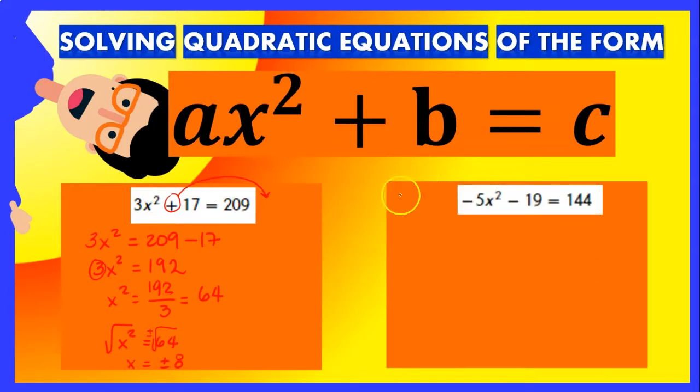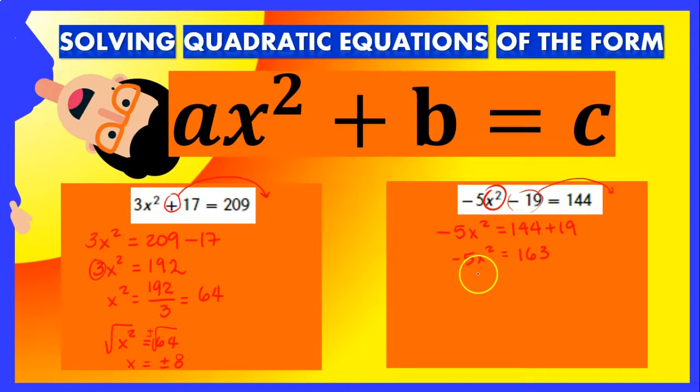The next problem is minus 5x to the power of 2 minus 19 is equal to 144. Now, we do the same thing. We solve for x to the power of 2. So in this case, we have a minus 19. We're going to pass it to the right side, so it's going to be adding. So minus 5x to the power of 2 is going to be equal to 144 plus 19, right? That is going to give us an answer of